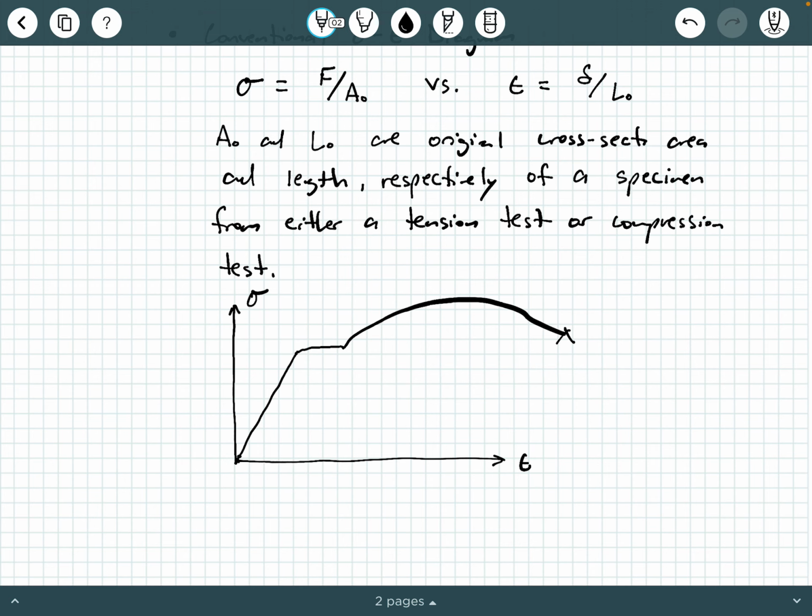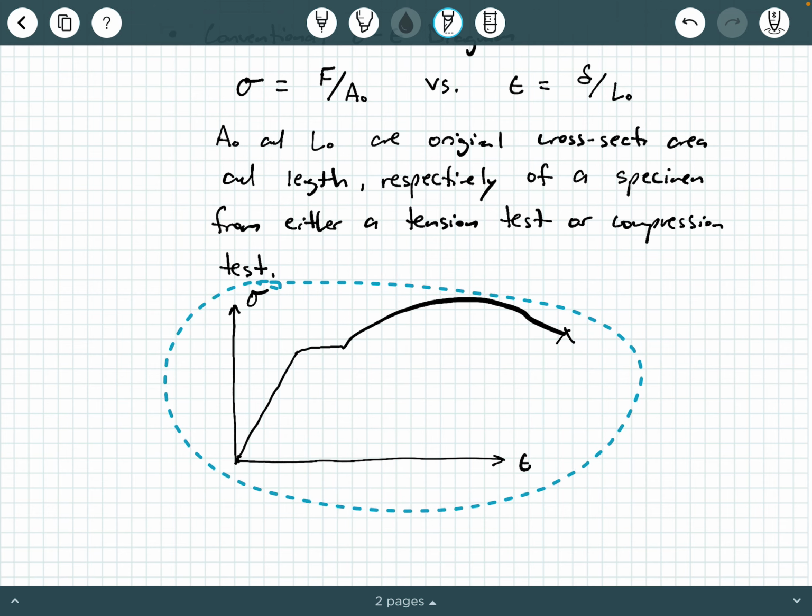Now, we perform a tension test or a compression test to generate data so we can plot this diagram. But what's great about that is once we've plotted this diagram for a particular material specimen, from that we can extract a lot of the properties of the material that the specimen was made of, okay? So we're first going to just talk about the diagram itself, and a little bit later I'll get into some of the details of a tension test, and I'll talk a little bit about a compression test. So let's just talk about this diagram first before we get into all the details of how we generate it,